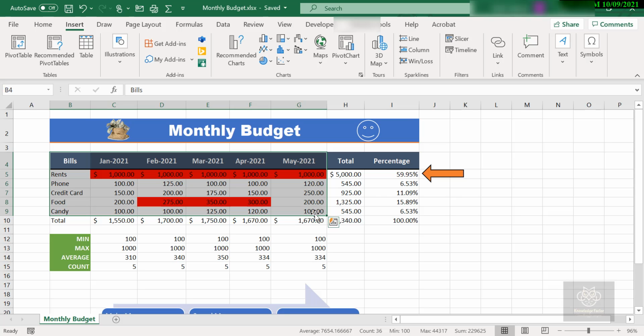So I'm going to get just the bills labels, they're just the rent, phone, credit cards and so on. Then I'm going to get the 3 months that I have put into my chart. Now if you have got more months, feel free, you can grab all of your months there. If you got more bills, you can grab all your bills there. But I'm just going to leave the totals off, right? So let's leave the total row number 10 or whatever row you have got there, and column total as well. So let's leave those two off, at least for this moment. We can take a look at later on adding those in, but for now we got the bills, we got the months, and that's what I'm going to turn into something more visual.